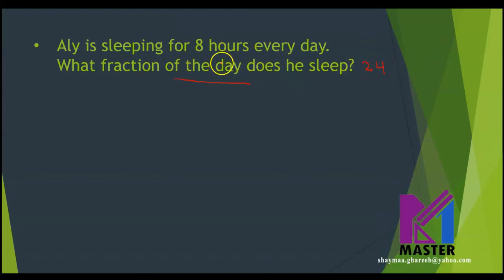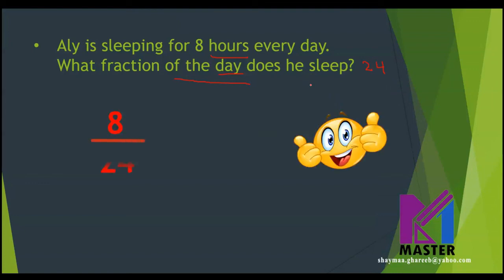I used the same units here. The unit was hours, but here with day, so I need to make the units the same. So we can say that Ali is sleeping 8 hours from 24 hours, or 8 hours over 24 hours. And this will be his fraction